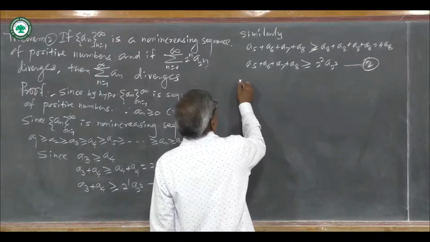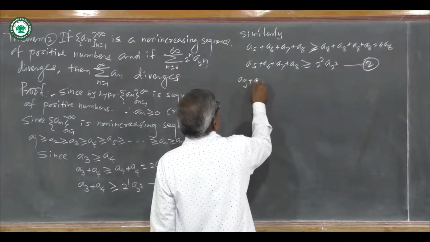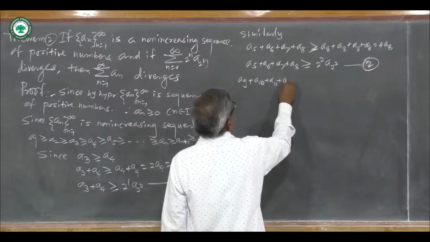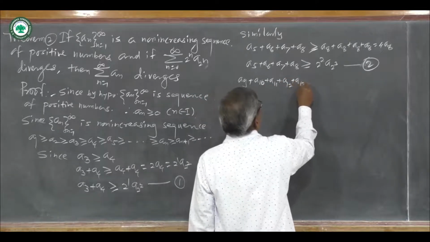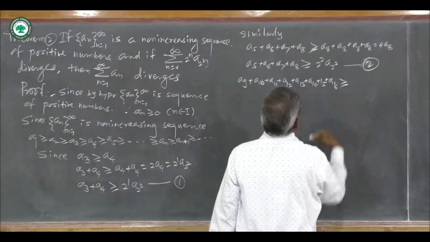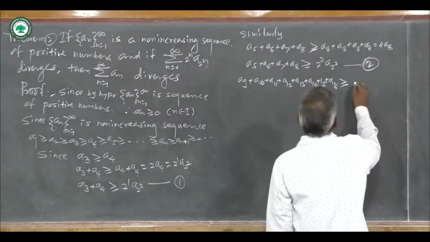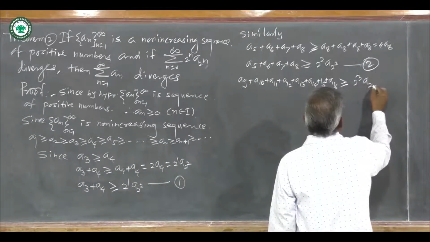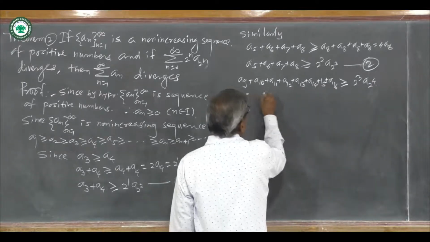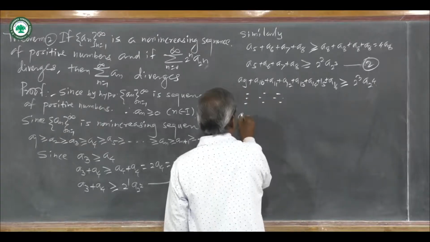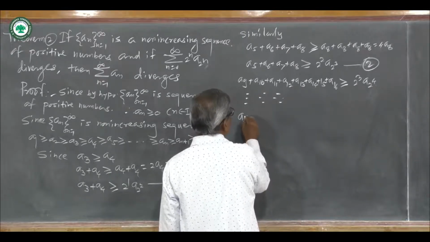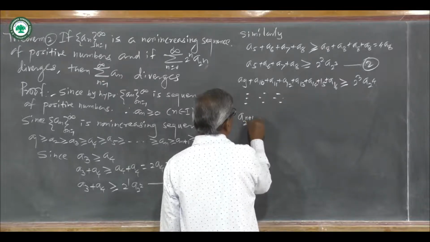A9 plus A10 plus A11 plus A12 plus A13 plus A14 plus A15 plus A16 is greater than or equal to 2 to the power 3 into A suffix 2 to the power 4, that is 16, A suffix 16, and so on, A suffix 2 to the power n plus 1 minus 1,